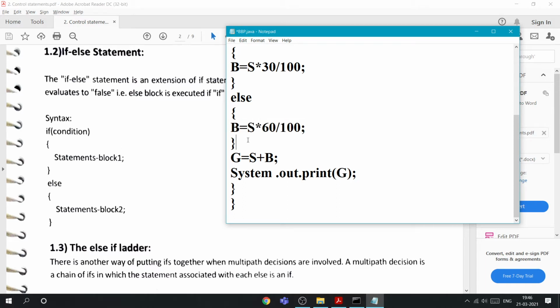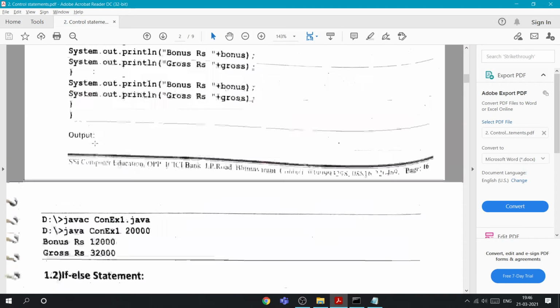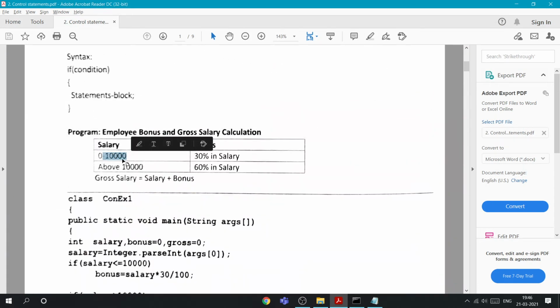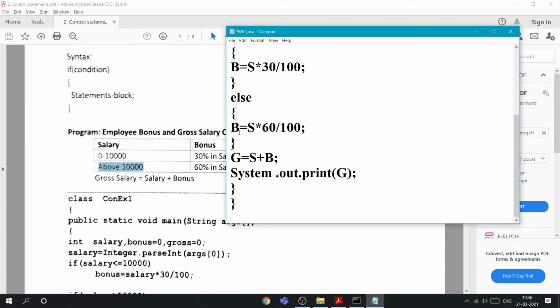This also helps us if there are many if statements, because you would have to write the conditions many times. In this case there are two conditions: one is from 0 to 10,000 and the other is above 10,000, that's it, right? Only two things, so we can use else instead of writing one more if statement and giving the condition. So instead of that I have given else and just solved it.